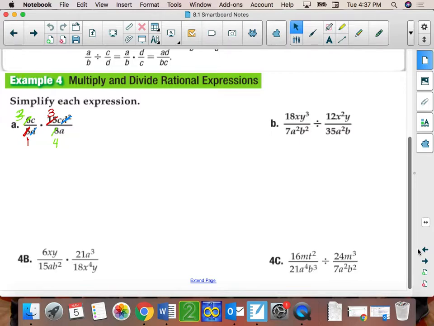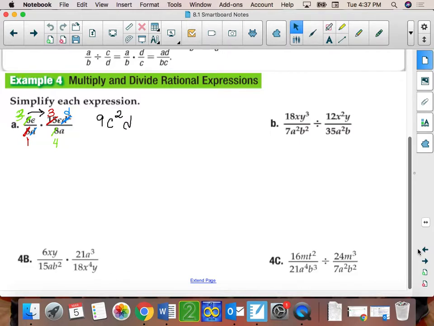So if I cancel one of them out, I'm just left with 1 up there on the top. And it doesn't look like I have anything else that I can cancel. So now I'm going to multiply across the top. I'm going to multiply my coefficients and I'm going to get a 9. And then I'm going to multiply my C's, and remember you keep your base the same, add your exponents, and